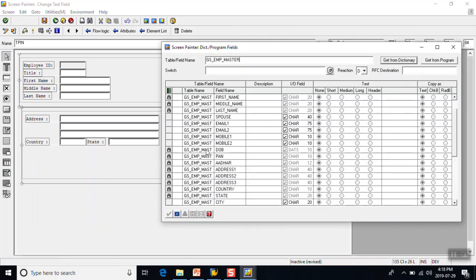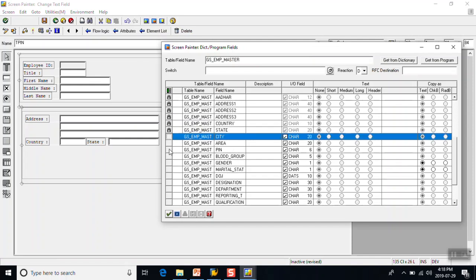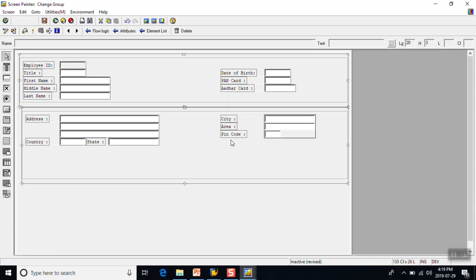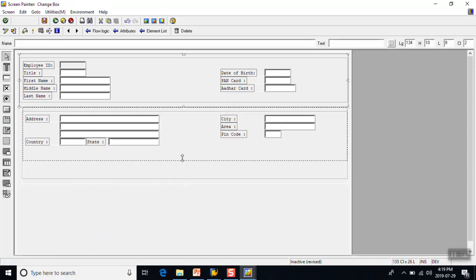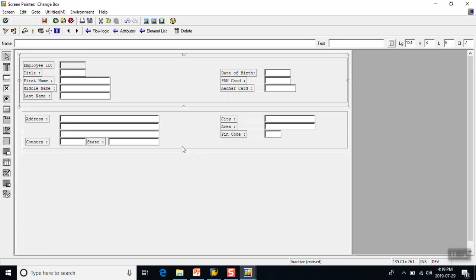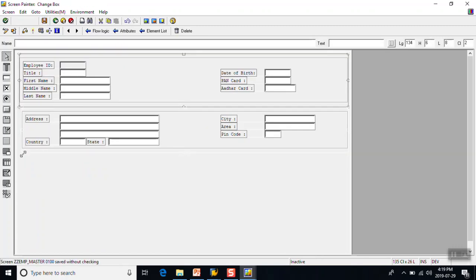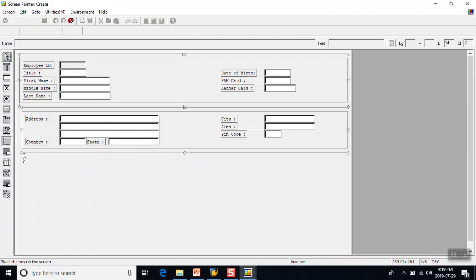Again click here, select city, area and pin code, drag and drop here. Just make the box small, save. Now we'll add the mobile and communication section here. Again create one small box,